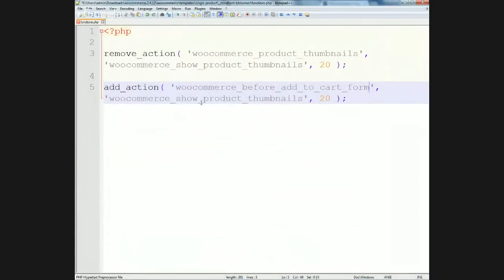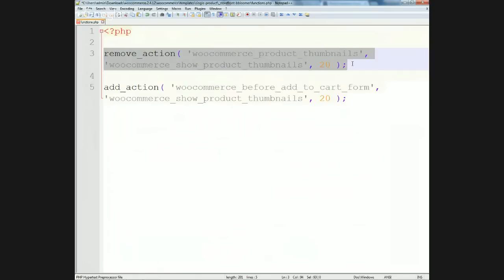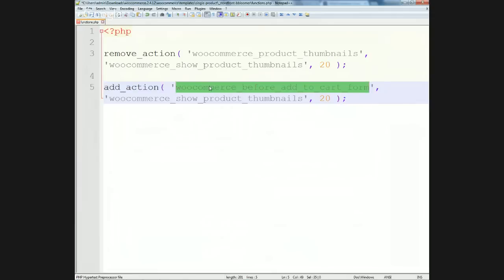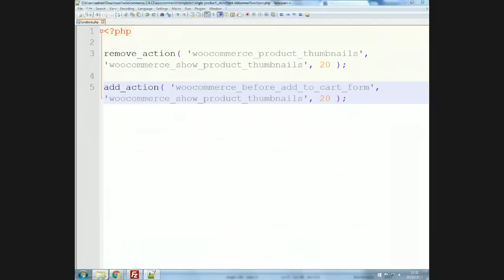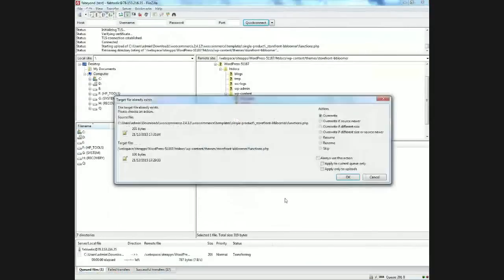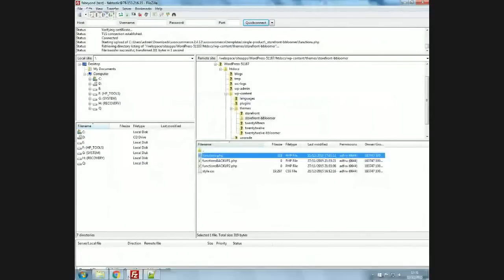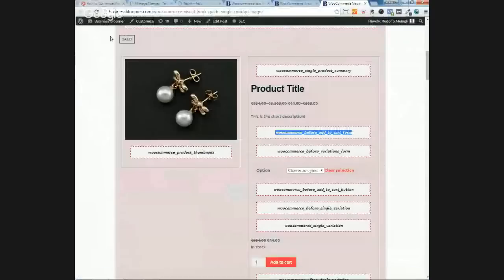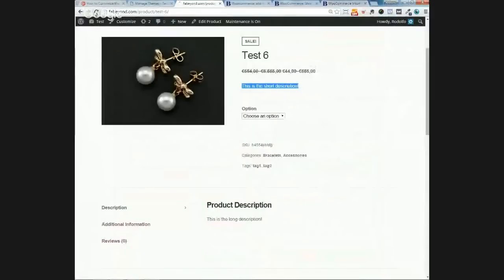So have you seen what I've done? Initially, we removed the action exactly as it was. Now we're copying that action, but putting it somewhere else with the same exact function name. Let's see what happens. You never know what happens. I save, upload it back, go to the single product page, refresh,